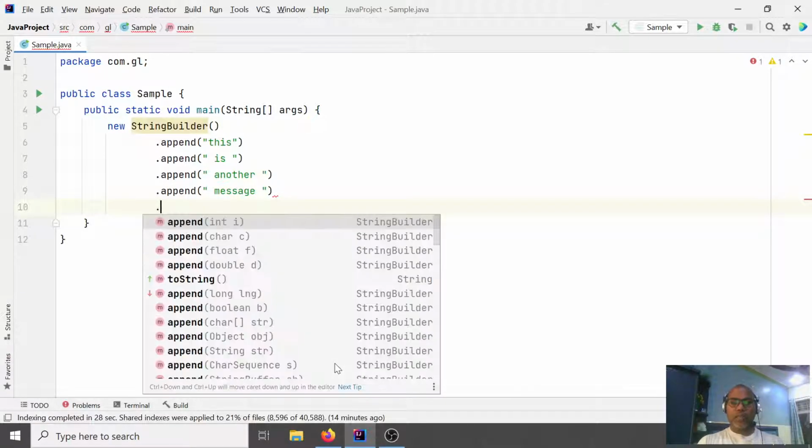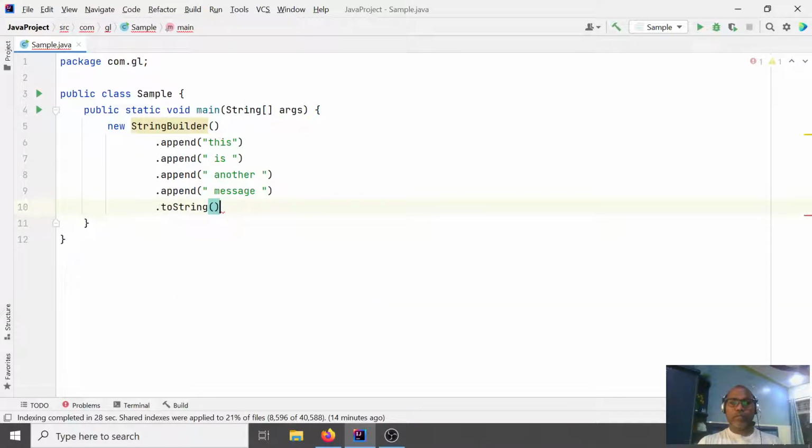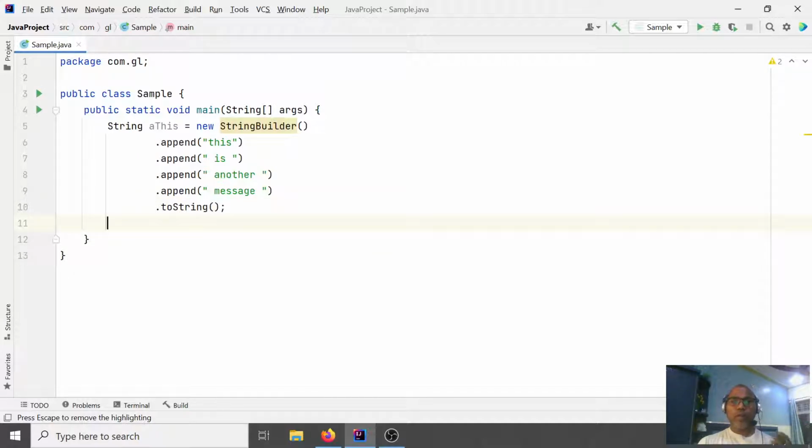After that you can call toString. This is the way the builder object helps in creating the string object. They have one builder object that appends whatever attributes you want and just returns the final object. The builder design pattern works with a similar kind of analogy.